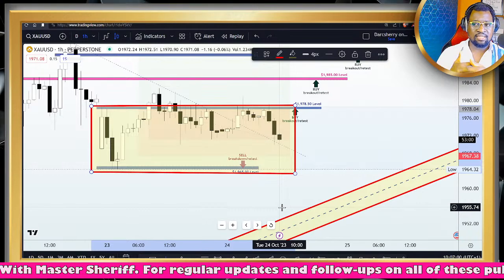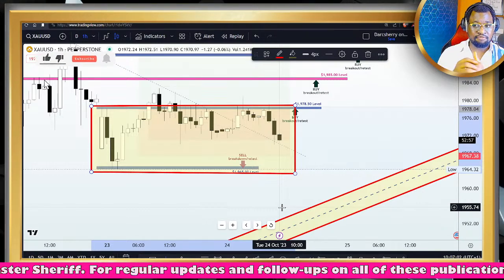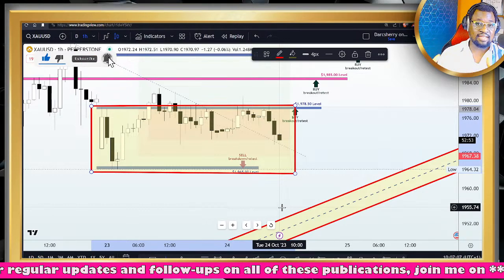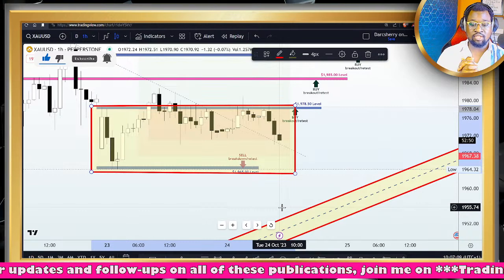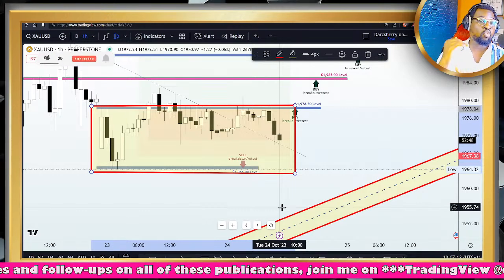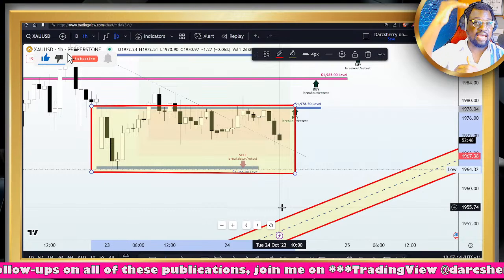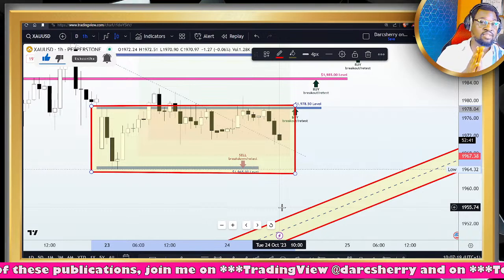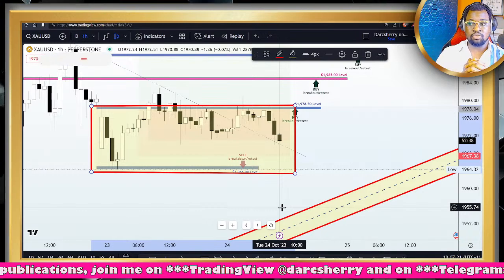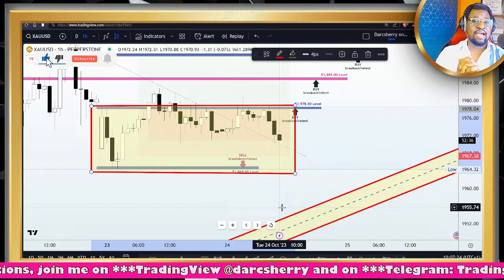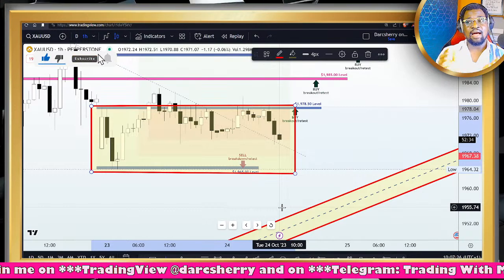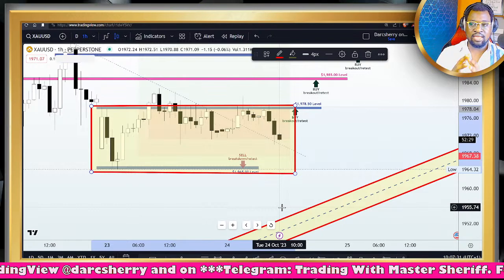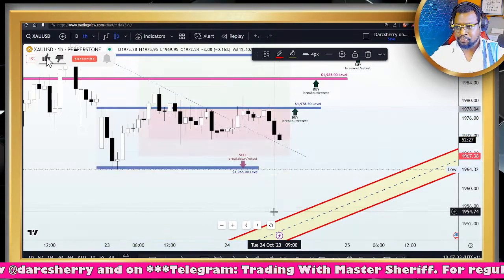And you know how we do it in this community. When we have this kind of flat channel, a range which emphasizes the uncertainty in the market, we have no other choice than to exercise patience and wait for either a breakout of the resistance line to give us an opportunity to buy, or the breakdown of the support line to give us an opportunity to sell. And for the fact that price action still remains within this range, and we already have a buy position triggered, let's remain patient and see what will happen in the next couple of hours on this one.